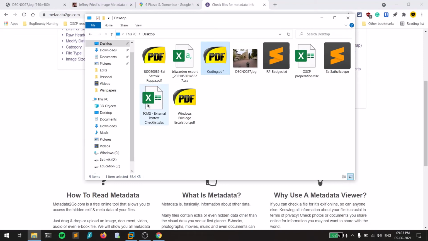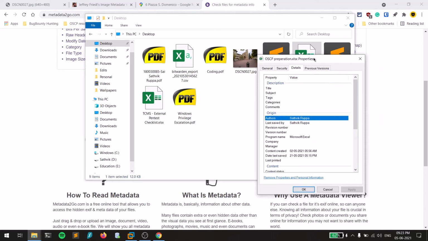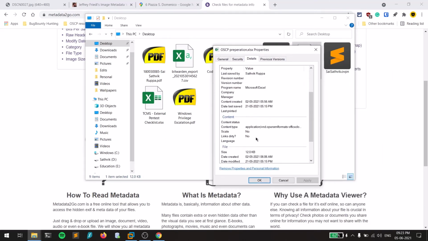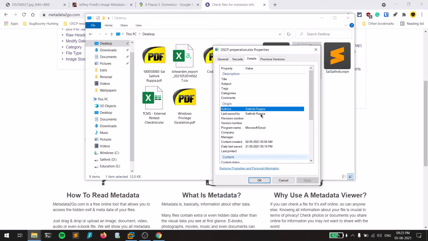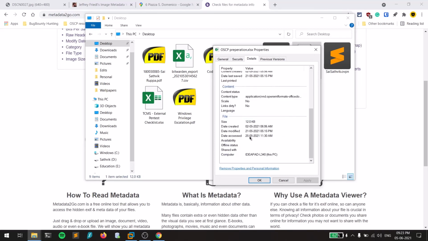Mostly if you look at Word files, you can see more information. You can see who is the author of that particular file, at least for Microsoft Office files. This is Microsoft Excel. You can see the content type, the date it was accessed, the date it was modified, and the date it was created. So this is everything, guys.